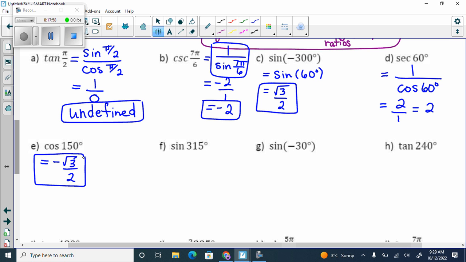Sine of 315. Sine of 315 is negative root 2 over 2. Because sine in quadrant 4 is negative, right? And y's in quadrant 4 are negative. Okay, sine negative 30 is the same as sine 330. So I add 360, which is the same as negative